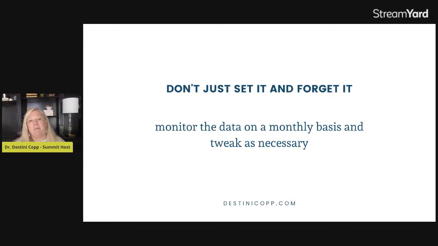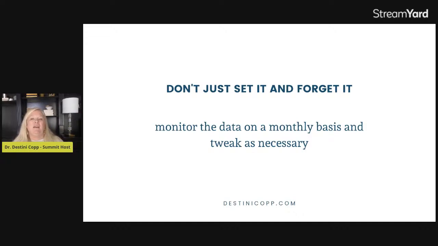When I'm talking about monitoring your data, I'm talking about going into your email service provider and looking at your automated email sequences. Are people opening your emails? Is there a particular email that they're not opening? If that's the case, you probably want to change the subject line of the email. Are they clicking?